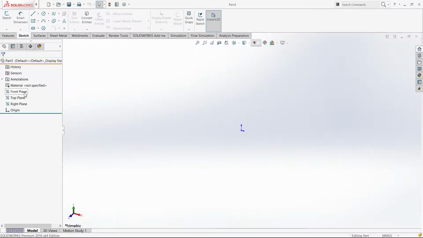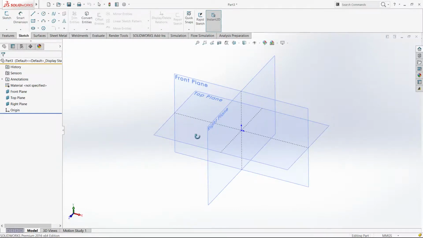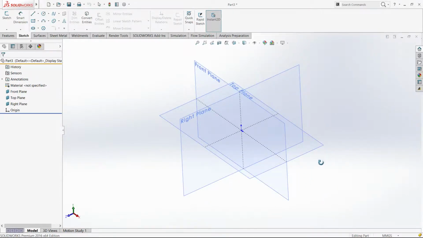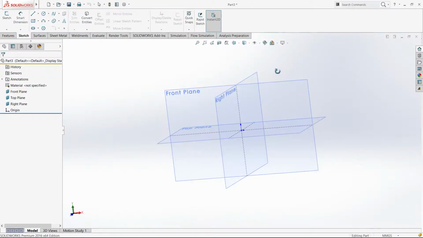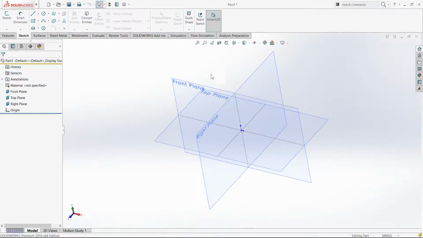So here you have your front plane, top plane, right plane. If you right click it, you can click on the eye and it will show it permanently. And with the scroll, if you click the scroll, you will be able to see and rotate these planes. And well, in reality, we are rotating the space we have, and we will see different planes in different projections. So if you want to go to, let's say, a front plane, you can select on this plane and